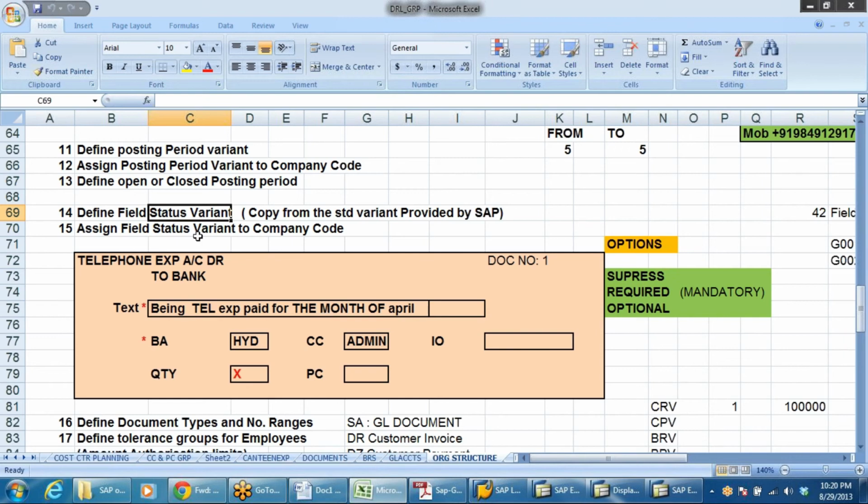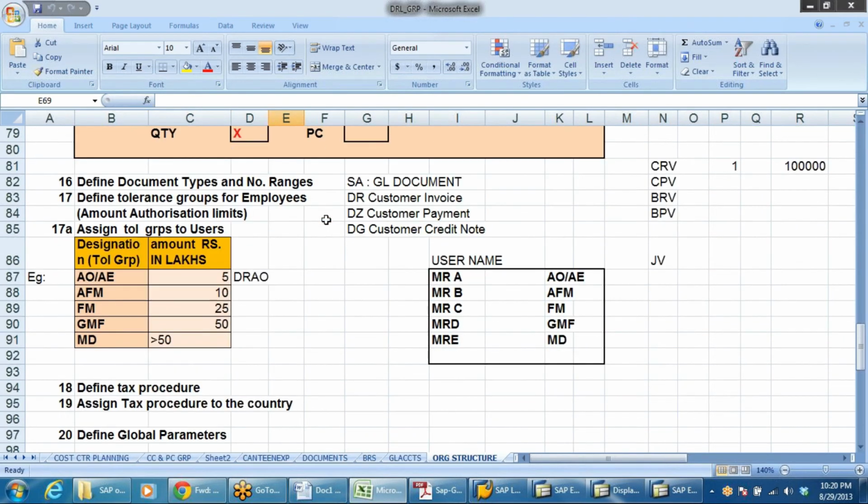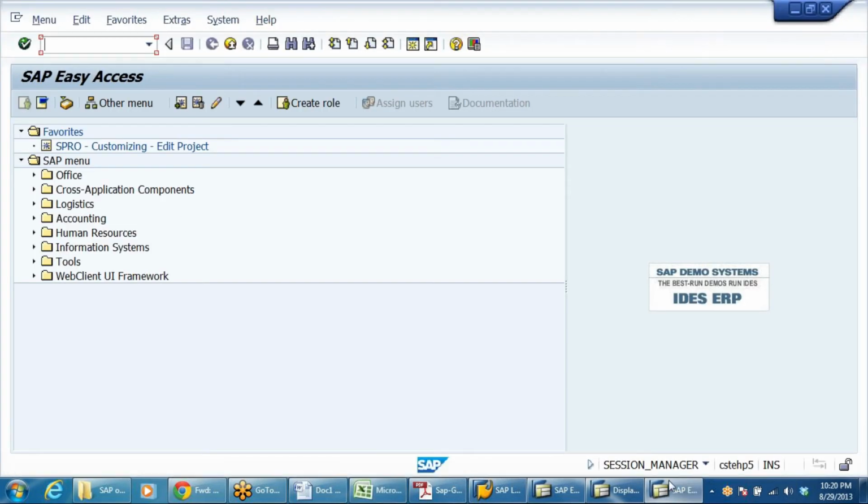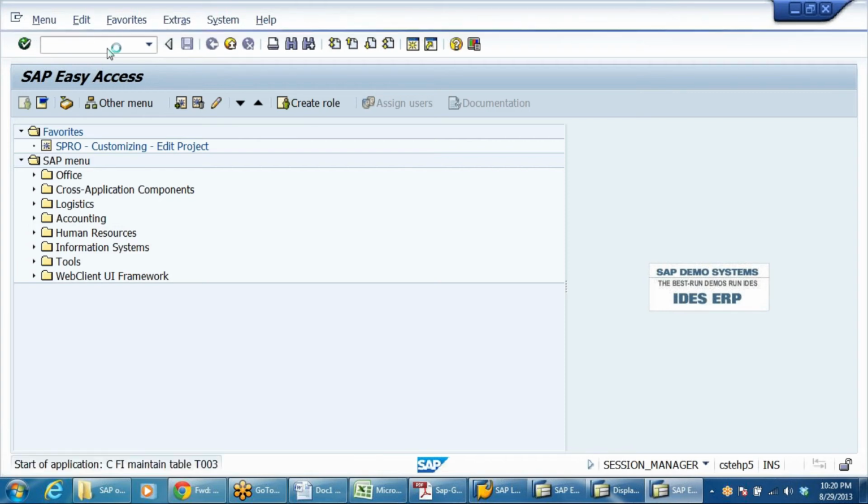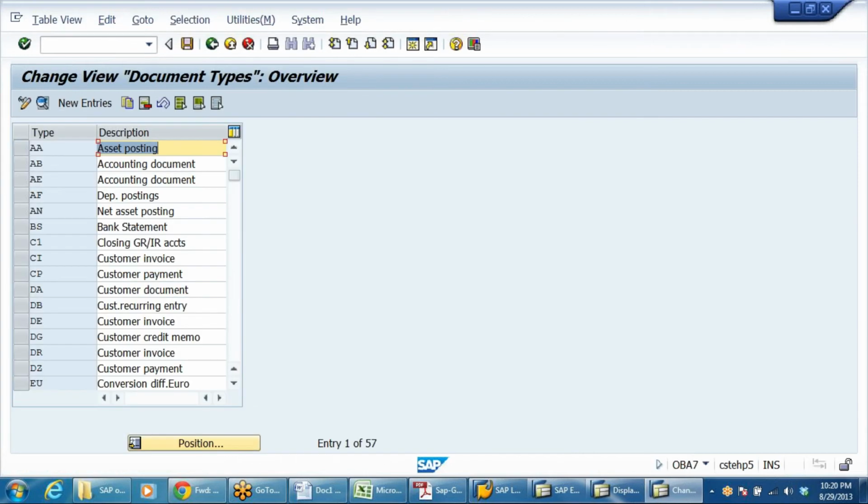I'm just checking whether all the parameters that we have defined, we have seen their operation or not. Define document type and number ranges, this also we have seen. If you want to see a particular document, the T code is OBA7. It'll show you the documents here.